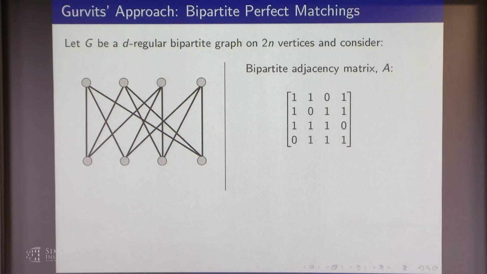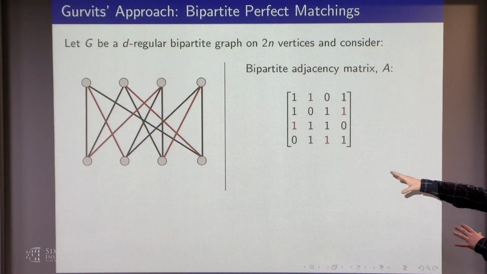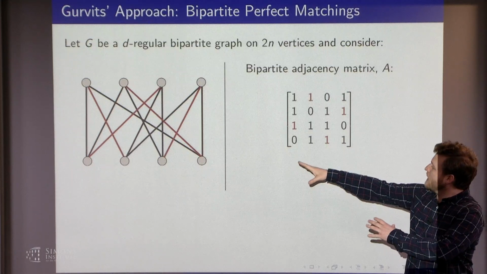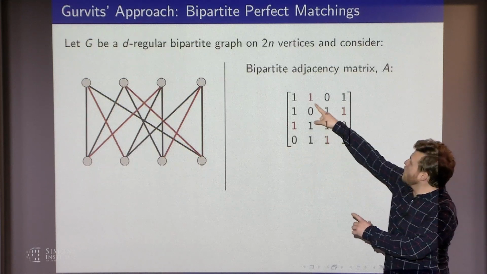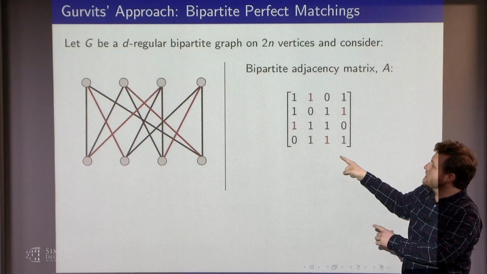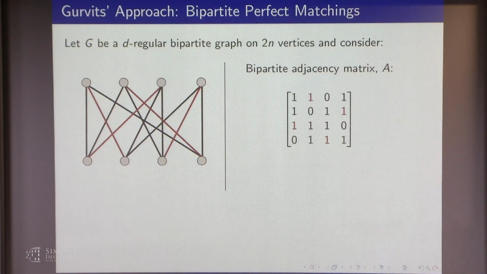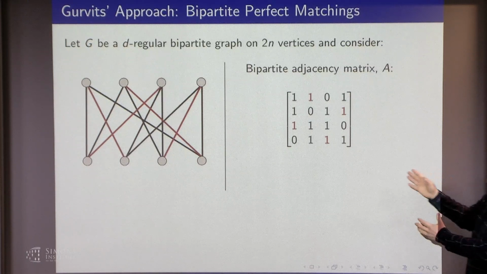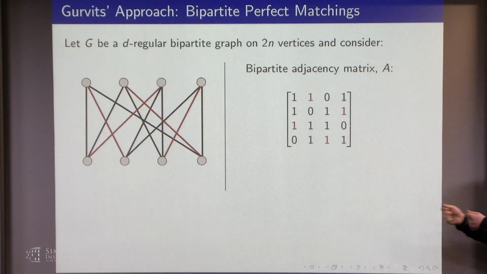Okay, and if I'm going to pick out a perfect matching, it's going to look something like this, the red one. So I've picked a perfect matching over here, okay? And I associate to it certain 1 entries in this matrix. And for it to be a perfect matching, it means that every vertex on the top will have 1 edge coming out of it. Every vertex on the bottom will have 1 edge coming out of it, okay? And so that's going to mean that, right, in every row and column of this matrix, there'll be one entry that's selected,